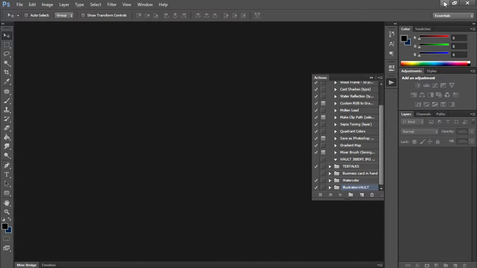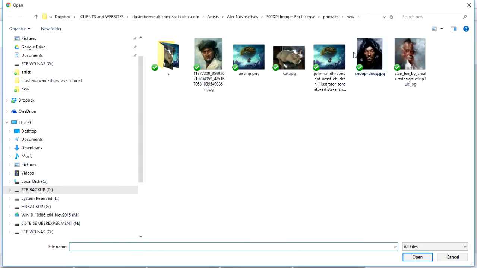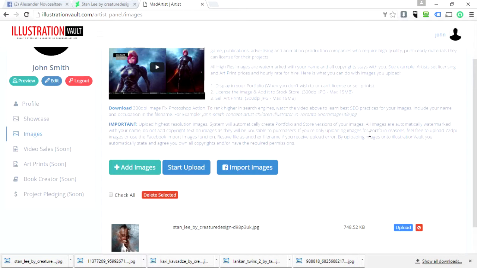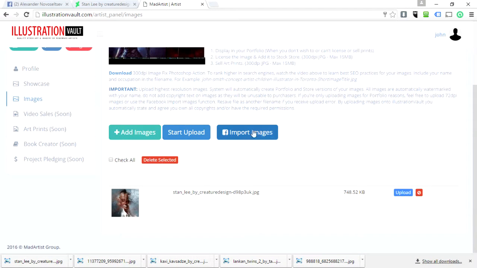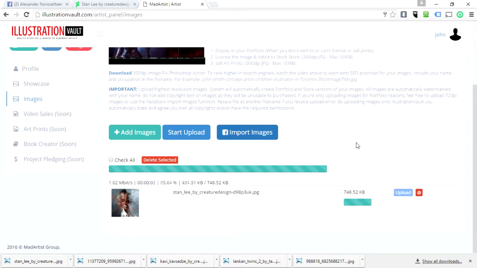So if we upload this image, for example, into our interface, let's see what happens. By the way, the import images from Facebook does not yet work, so if you click on it, you will receive the options under development. So as this uploads,